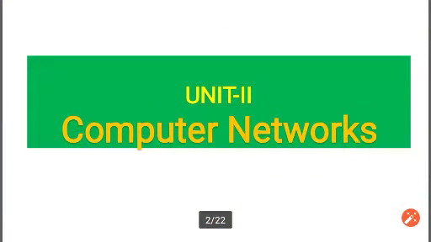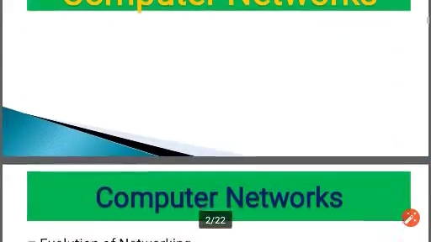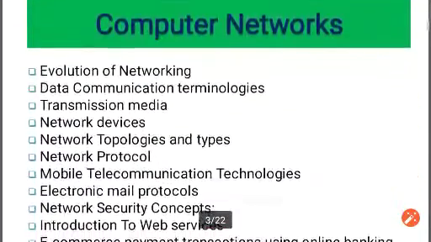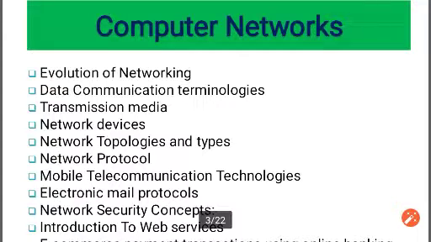Today we are going to start with the second unit, that is computer networks. Let us have a look at what are the different topics in the syllabus of computer networks. It is evolution of networking, data communication terminologies, transmission media, network devices, network topologies and types, network protocols, mobile communication